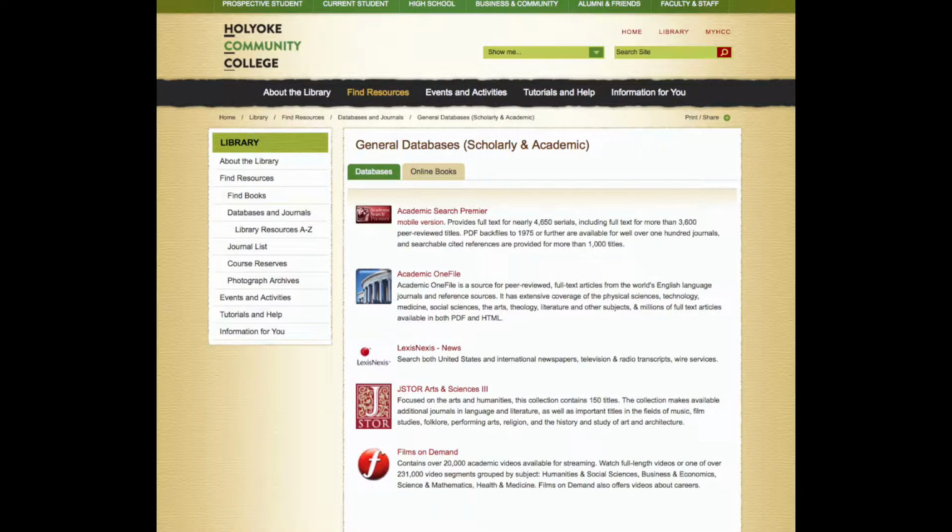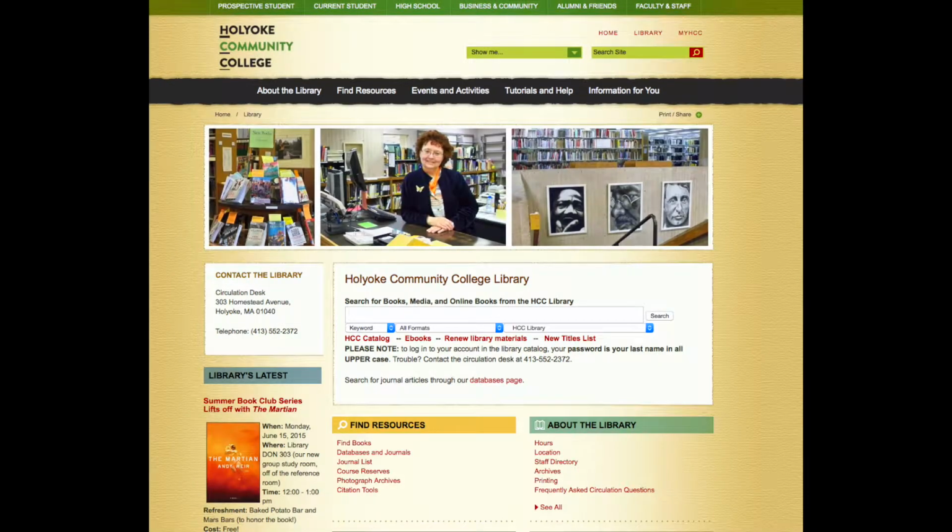And interacting with secondary sources, ideally database sources from the HCC databases. So certainly interacting with secondary sources is a key skill to start practicing in English 095.